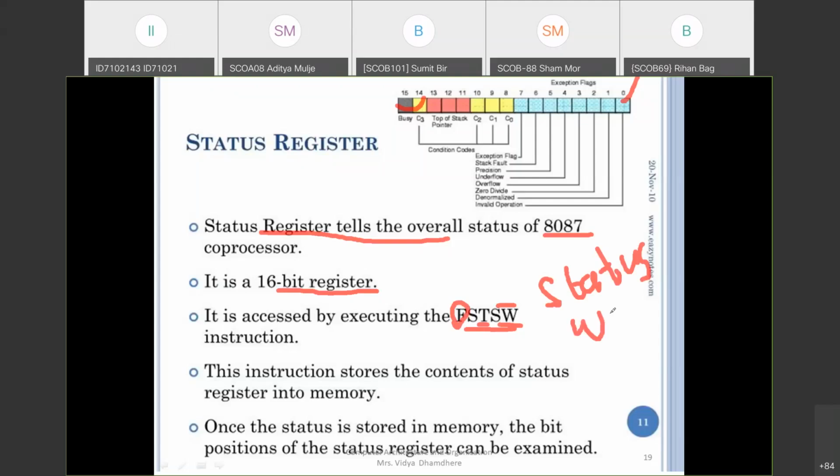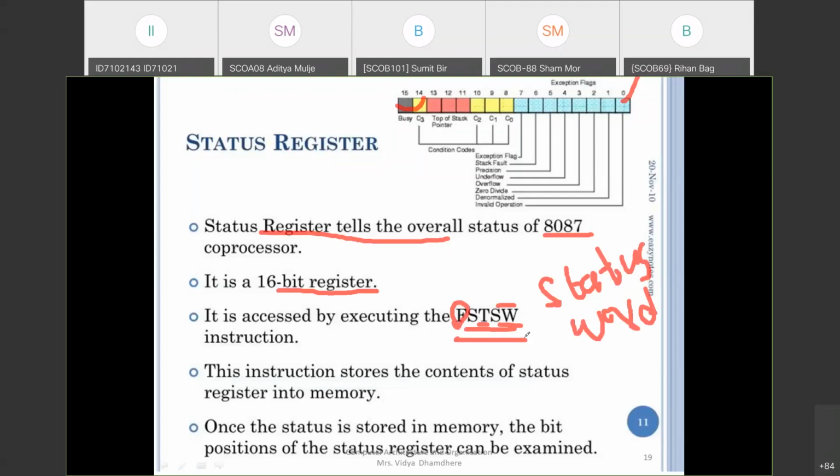SW is used for the status word, and ST is used for the stack. That means this instruction gets the information about this stack register status word, and it is related to the coprocessor.